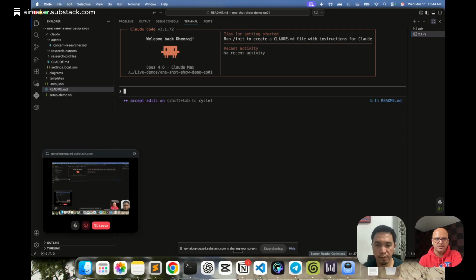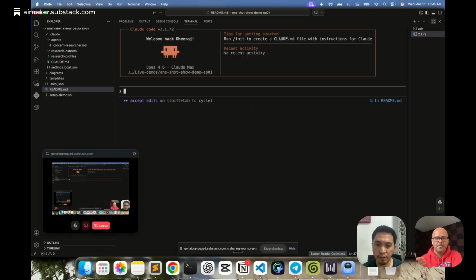That means it is going to execute whatever I tell it to execute, not create a plan. Now with the latest versions of Claude Code, at times, if the task you have given it is complex, it is going to transfer itself into plan mode automatically